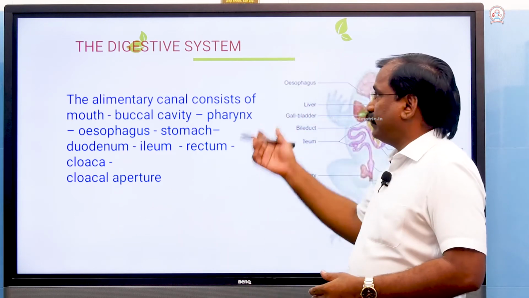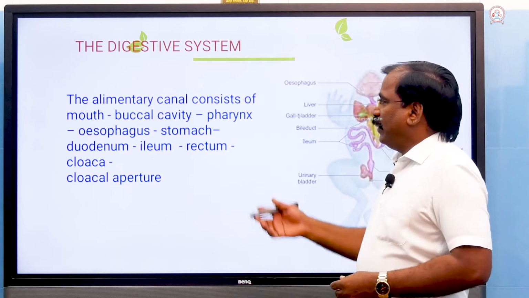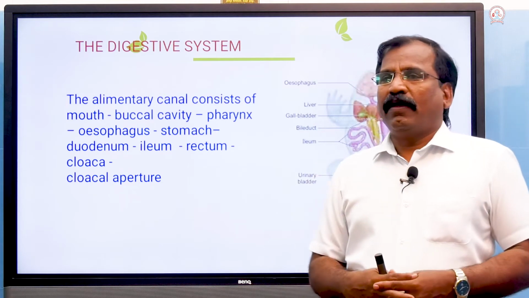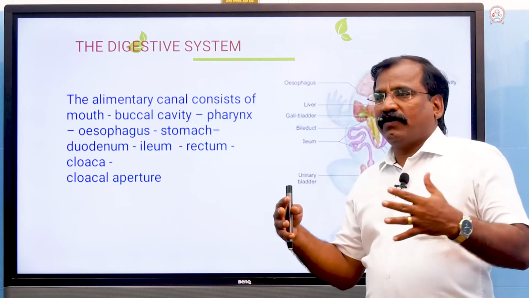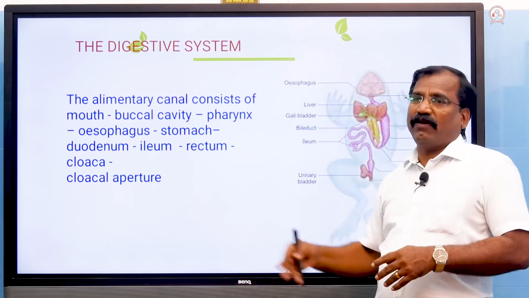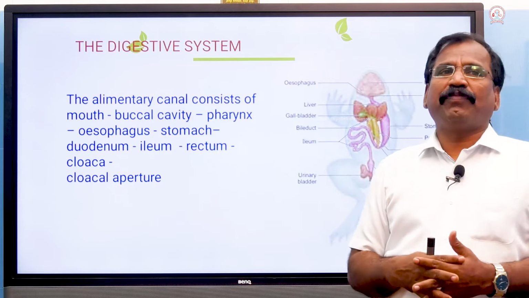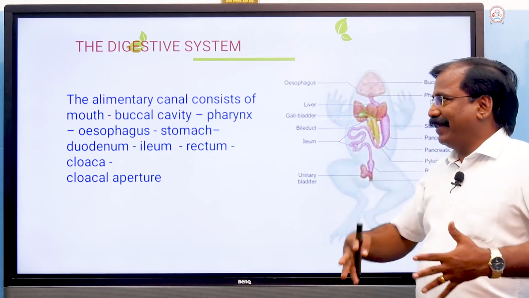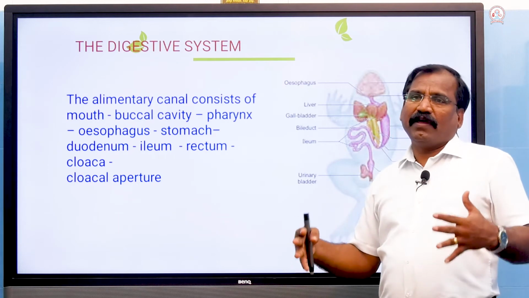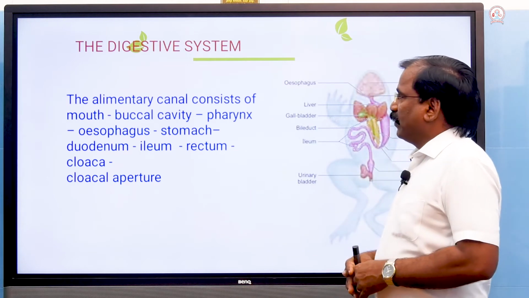organisms. The digestive system consists of the alimentary canal, or gastrointestinal tract, and certain glands which are associated with the alimentary canal. They are called the digestive glands. So if we take the alimentary canal,